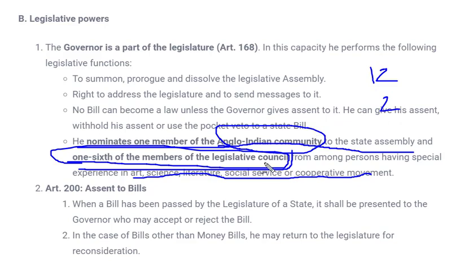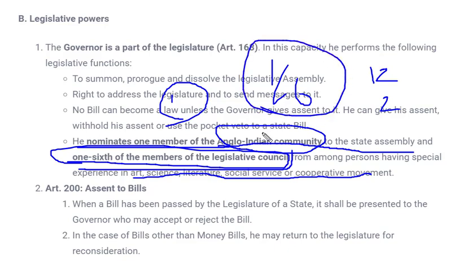In Rajya Sabha there were 12 nominations, in Lok Sabha there were 2. Whereas at the state level there is only one nomination if the house is unicameral, and if the house is bicameral then 1/6 of the members of the legislative council are nominated by the governor. At the central level, the number of members of Lok Sabha and Rajya Sabha was somewhat fixed, but at the state level it's not fixed. We'll talk about this when we are discussing state legislation. We'll see in that video; we are not coming to those points now.